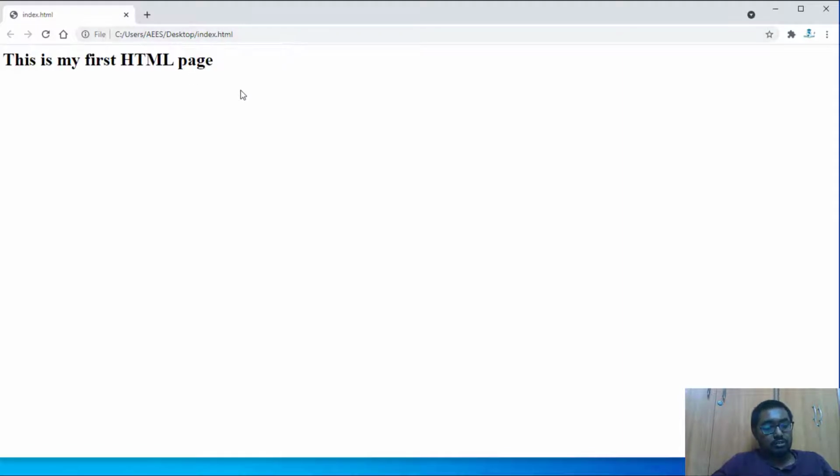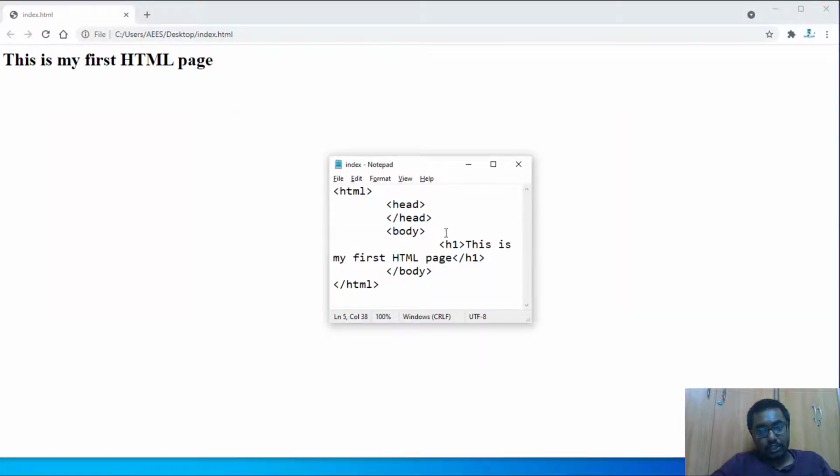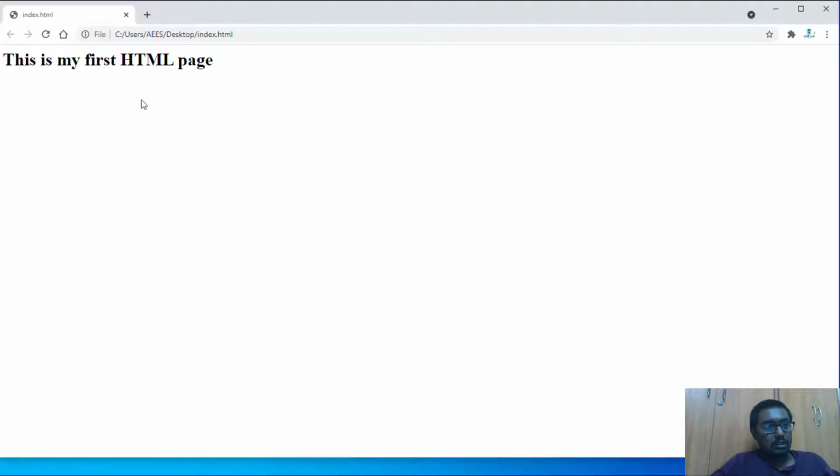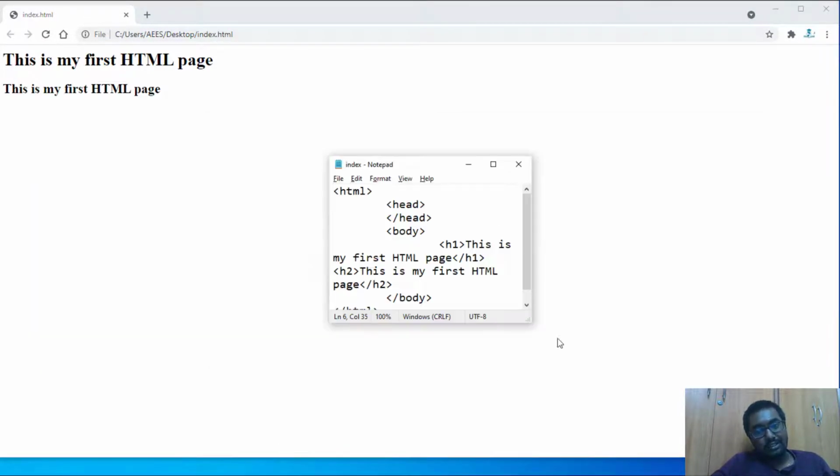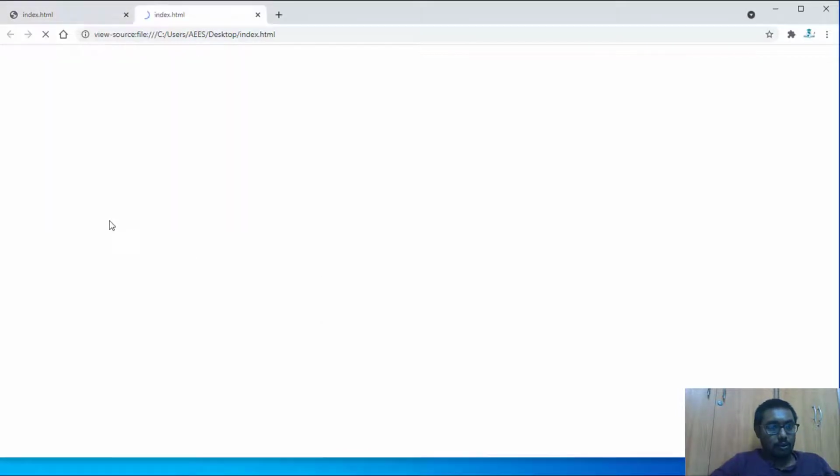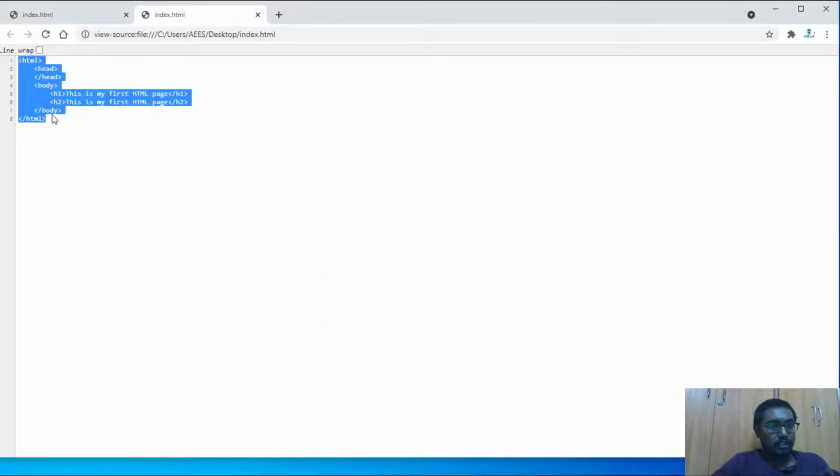So h1, as usual you can write your h2, h3, h4, and here you go with the h2 and h3, and till h6 you can go. This is a very basic thing you can do using Notepad, and the code is as simple as what you have written here.